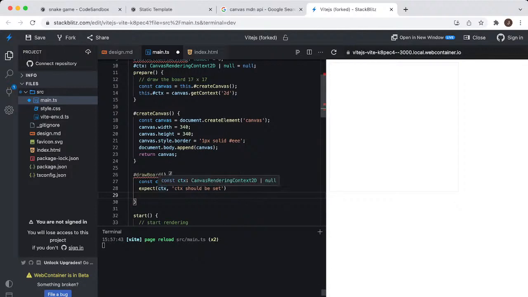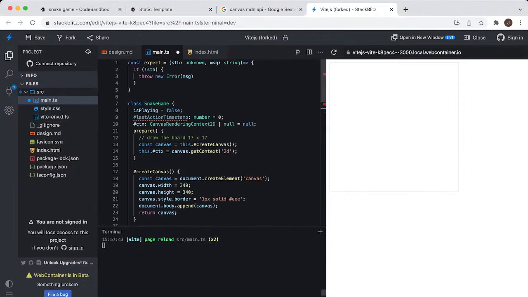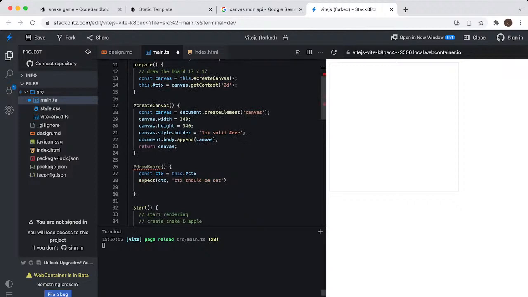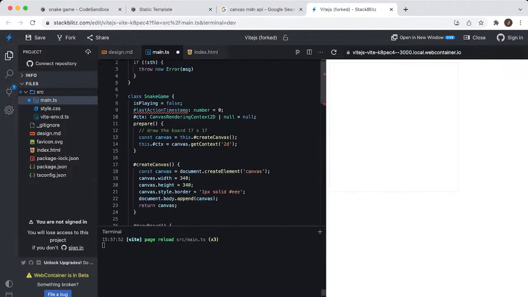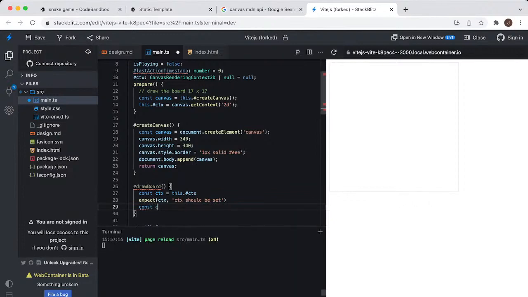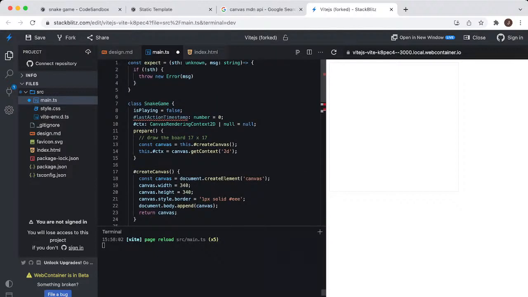Might be null. Let me see. Const ctx1 equals ctx. It's expected should not be null, so it should not be falsy, so